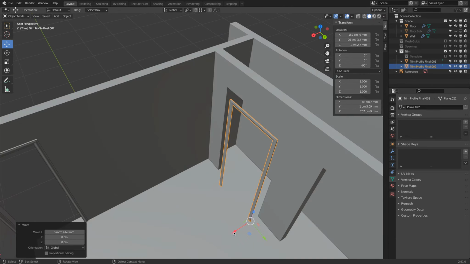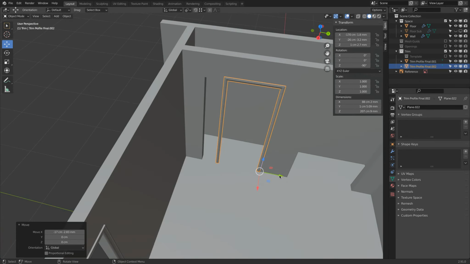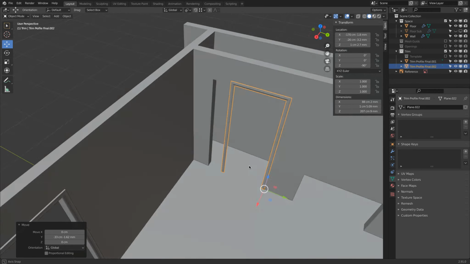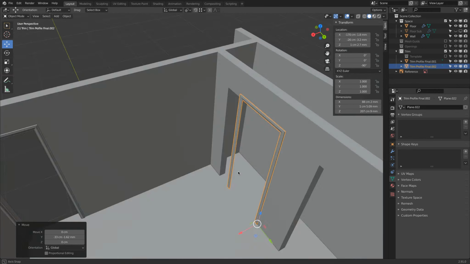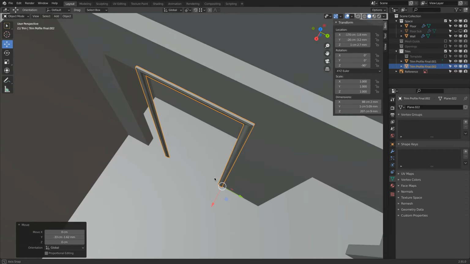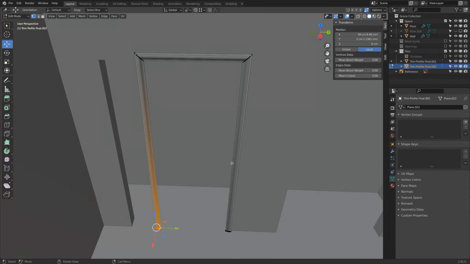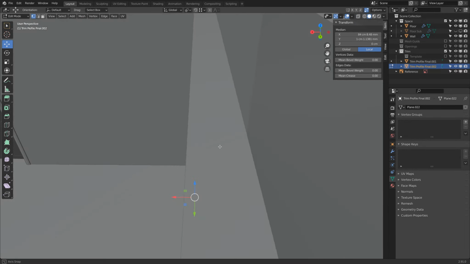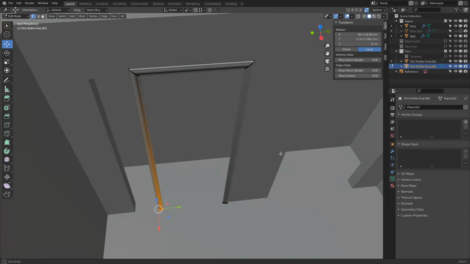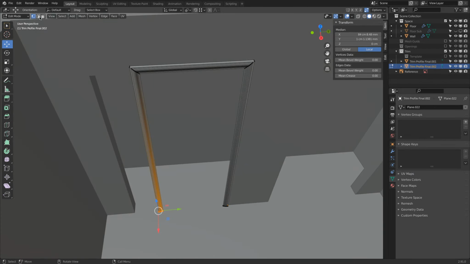Yeah, so how do we snap this correctly? So this is correct, and we have an issue that it doesn't snap the way we want. Not a big deal. We will do this. We're going to edit mode. We have the trim on the wall. That is the most important thing. And then we can go to